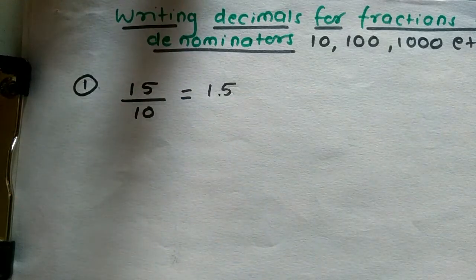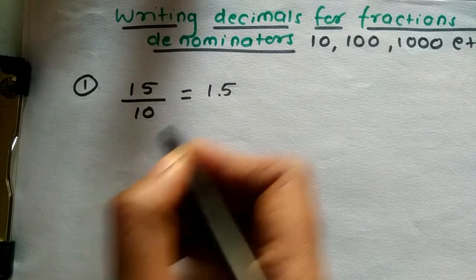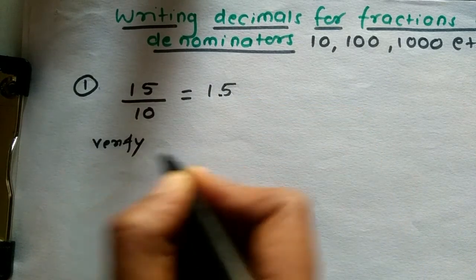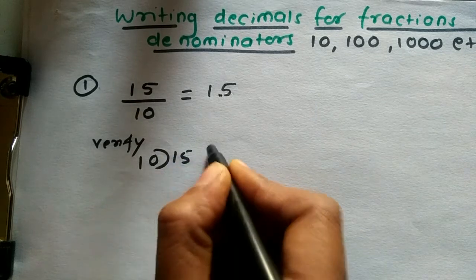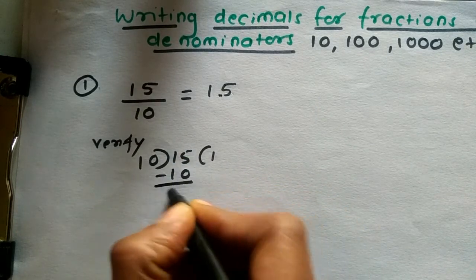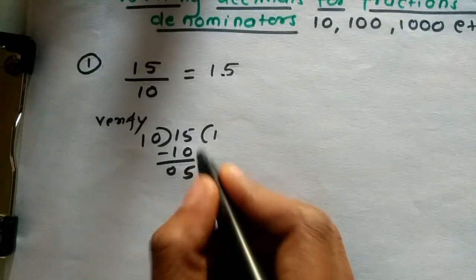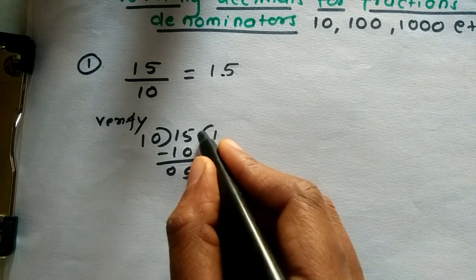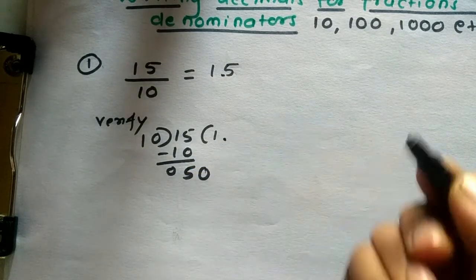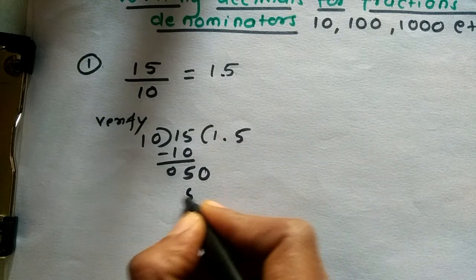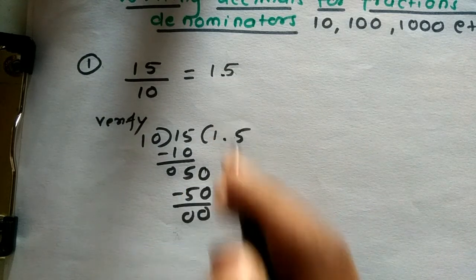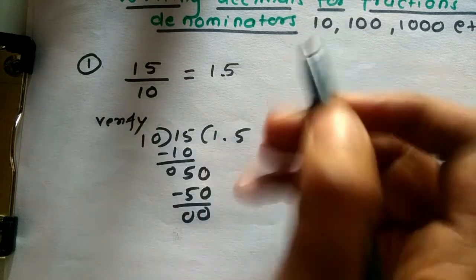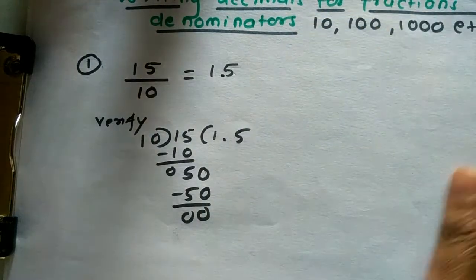If you want to confirm, you can verify. I am telling you the verification here. Divide 15 by 10. 10 ones are 10. So 5 remains. We want to convert into decimals, so we take the decimal point. We don't have digits, so we write 0 here, and for that we write the point. 10 5s are 50. So instead of doing all these things, whenever you have 10, 100, 1000, just follow this method. See how many zeros are there; after that many digits you have to put the point.